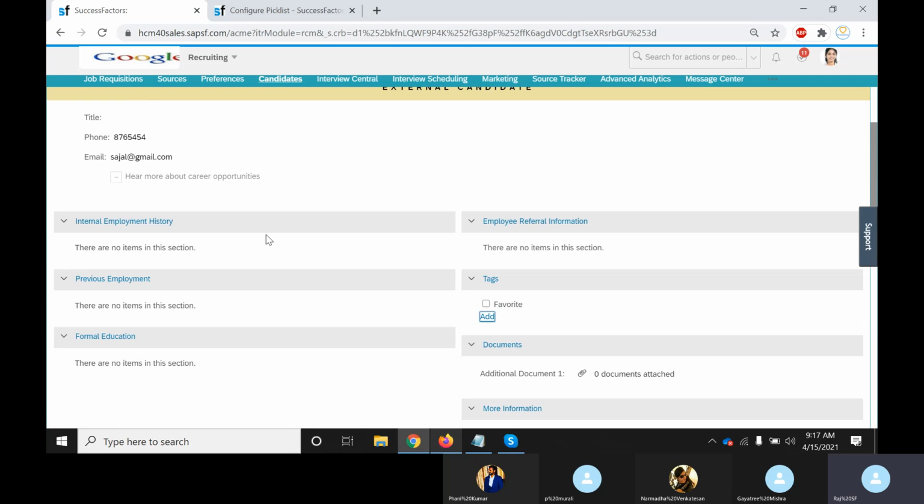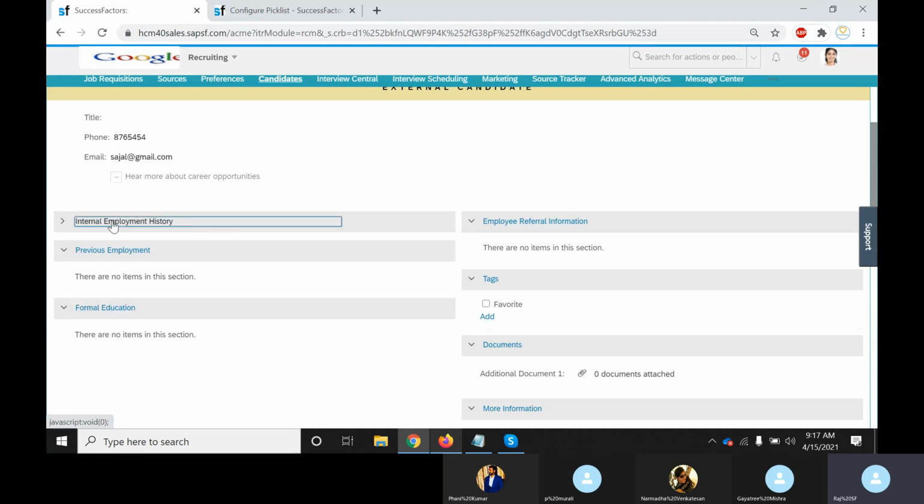It means what is your previous organization, like your internal employment. Suppose you are moving from one department to another department within the same company. Suppose I'm working as a SuccessFactors consultant, and now they are trying to change my job from SuccessFactors to some Java developer based on my experience and knowledge. Whenever you want to move, we are going to collect some other data, this internal employment history